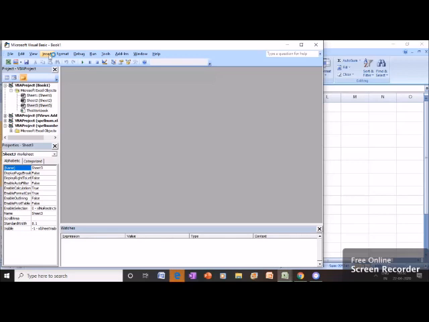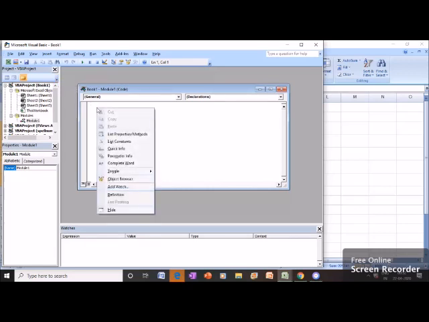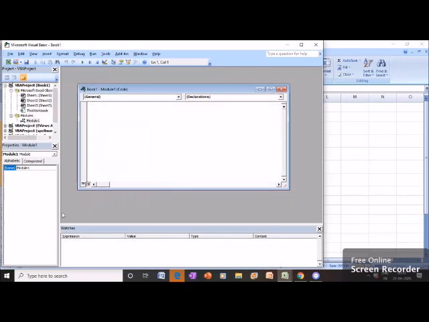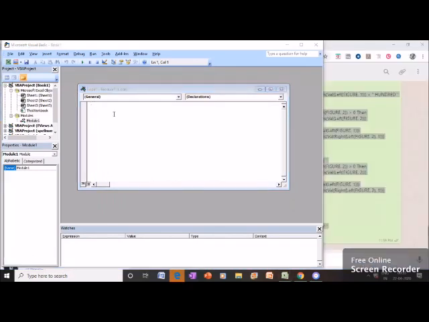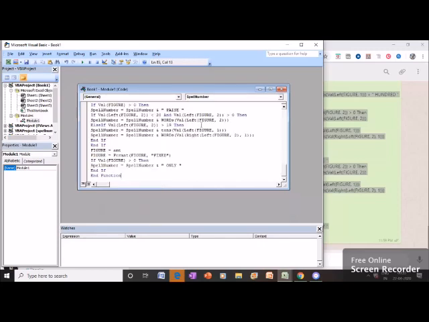We have to click on Insert, and after selecting Module, we will get a window. In this window we will paste the VBA programming which we have copied from the description box. So here we will paste it.